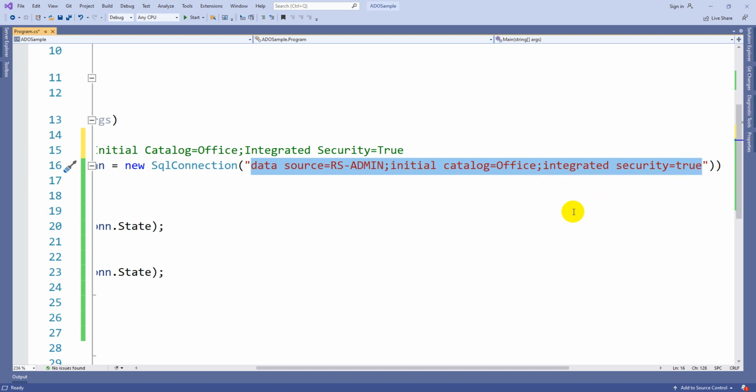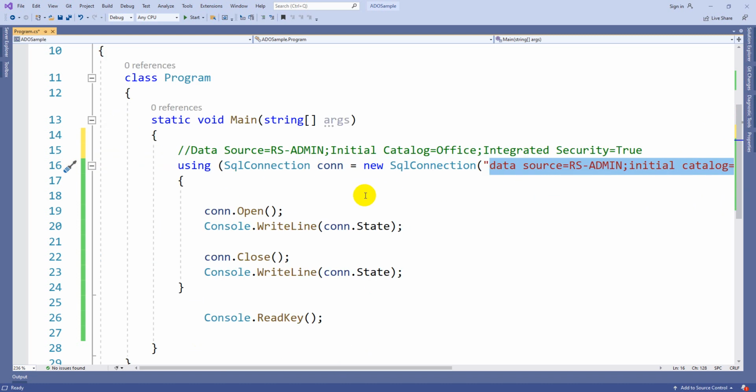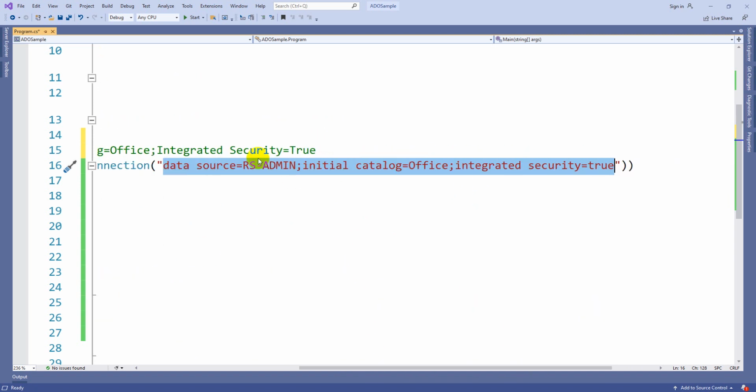So every time the database credentials change, you need to modify this string. As I said, you will use the database connection string hundreds of times in a project. So whenever there is a change of server name or user ID or password, every time you have to modify all these things. Okay, that is not the correct way of programming.